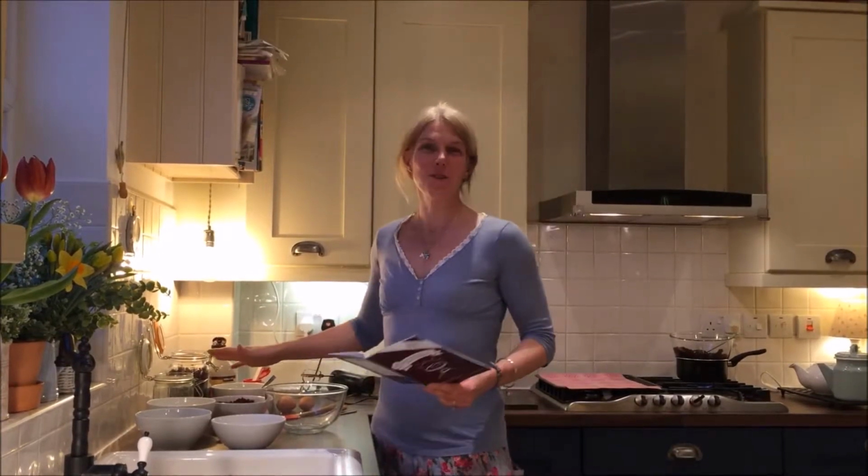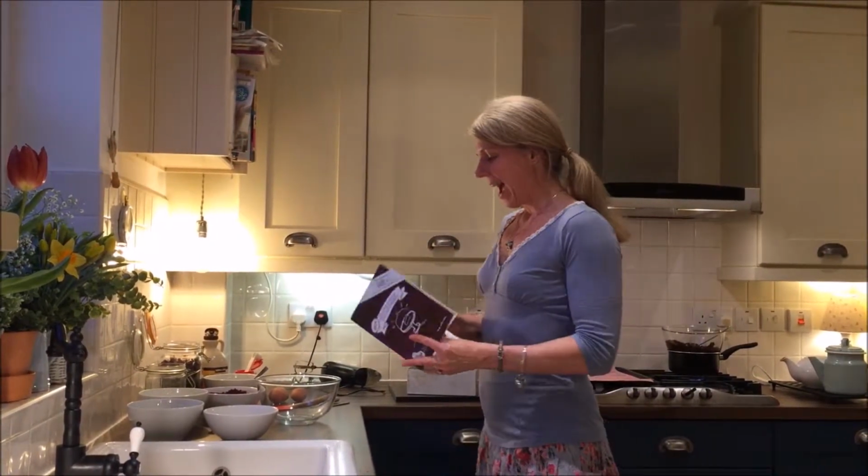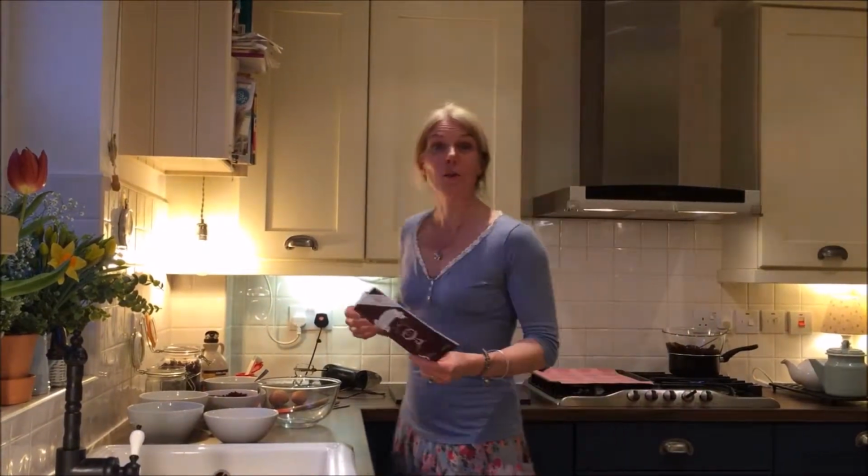Today I wanted to take you through how to make my chocoholic beetroot fudge brownies. It comes from a little booklet that I wrote, which is basically healthy recipes that all have chocolate in, because chocolate's my passion. And very easy to do, no nasties in it, and I'm just going to go through the